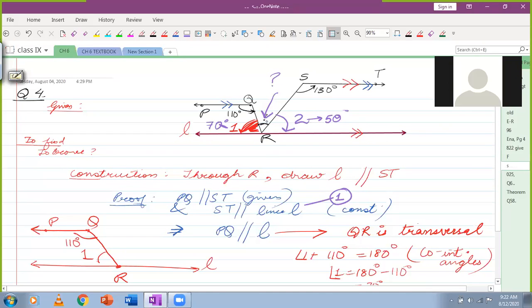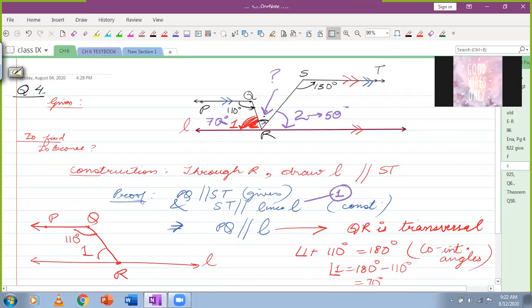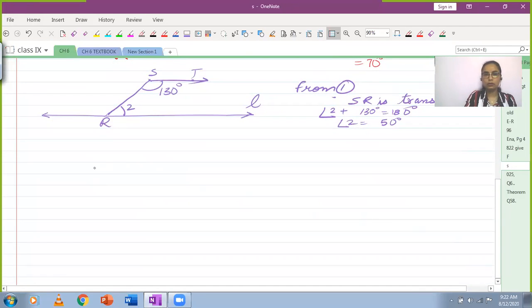Angles on the same straight line, the sum is supplementary. Yes, the sum is 180 degrees. Now, you can either number this if you want. It will be convenient. Let's just number it as angle 3. And that's what we are going to use further. So we have angle 1 plus angle 2 plus angle 3 equals to 180 degrees. And the reason will be angles on a line.